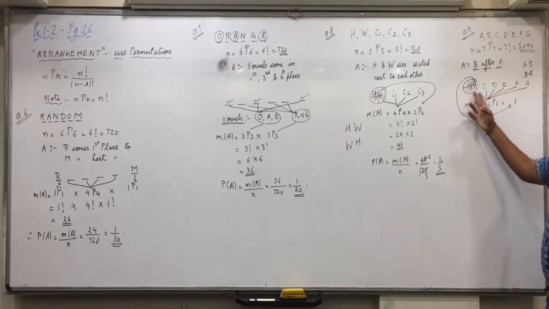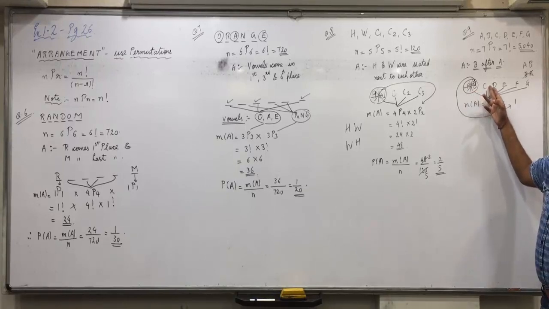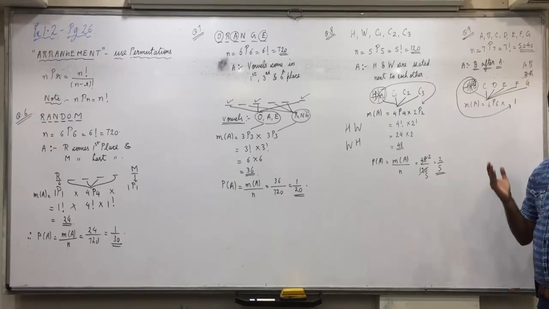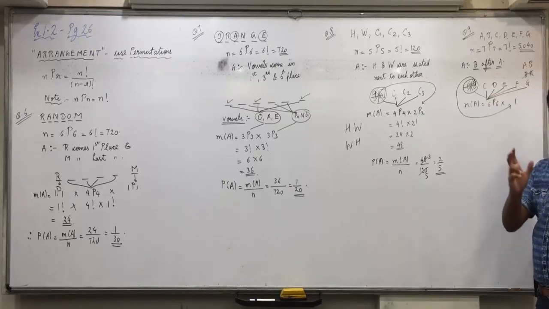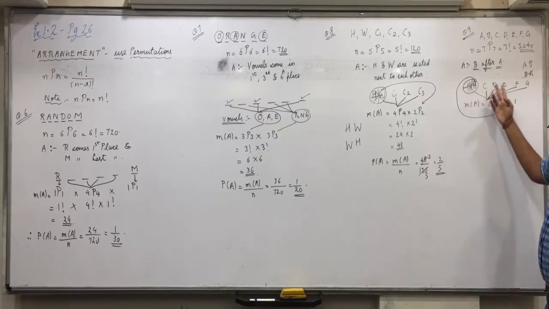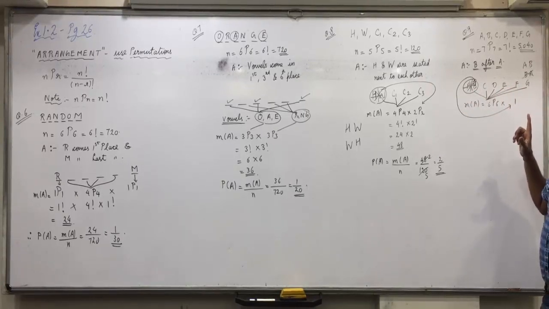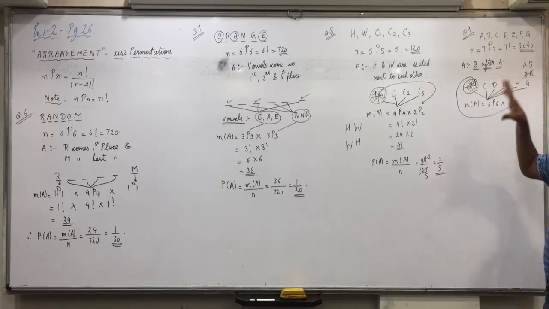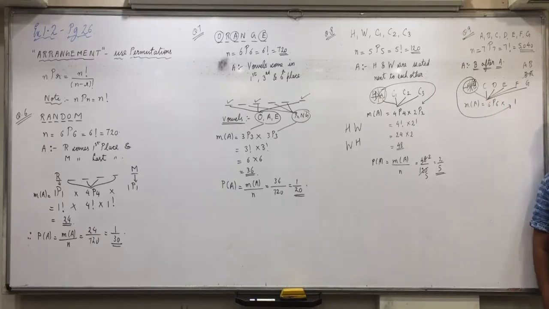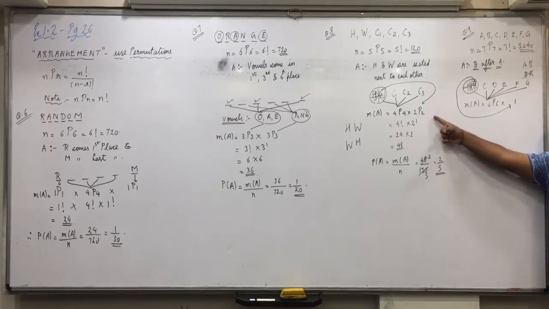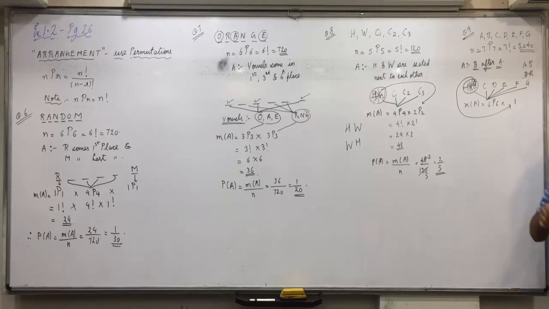Means you can place A, B after C and before D. Then first C will give the speech, then A will give the speech, then B and then D. So B's speech comes after A. Wherever you place this, B's speech will come after A. But if you do 2P2, then A's speech may also come after B, which we don't want. So here 2P2 will not come. Instead of that, only 1.